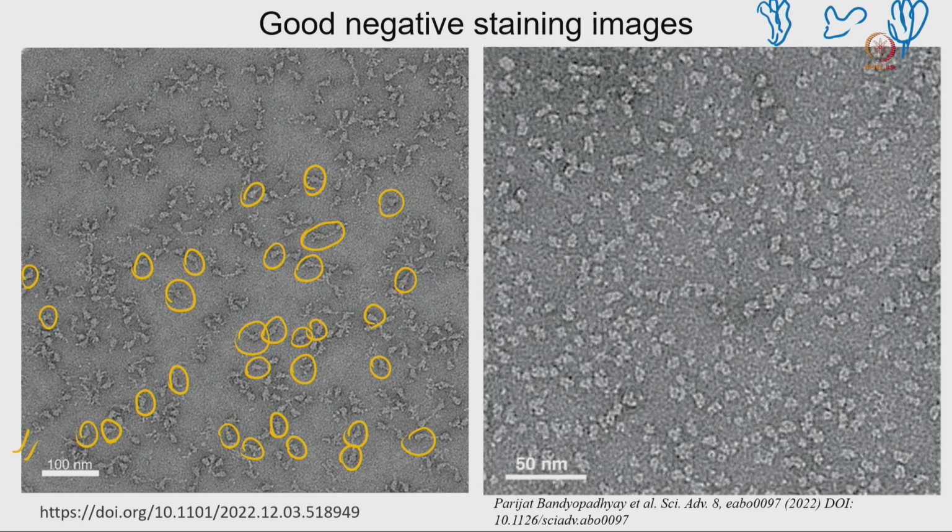If the protein molecules are not separated properly, it will be very difficult to do any further study. Now, if you look here, this is another image that I am showing you. This is a protein sample from Mycobacterium tuberculosis, and this protein sample has a tetrameric assembly. If you look at that, you can see a similar kind of architecture.